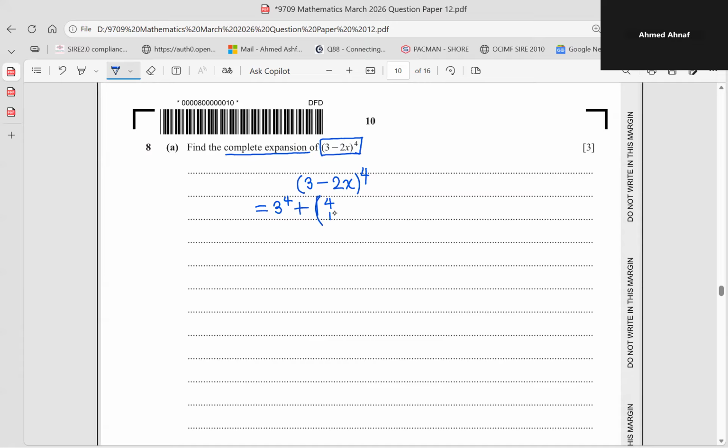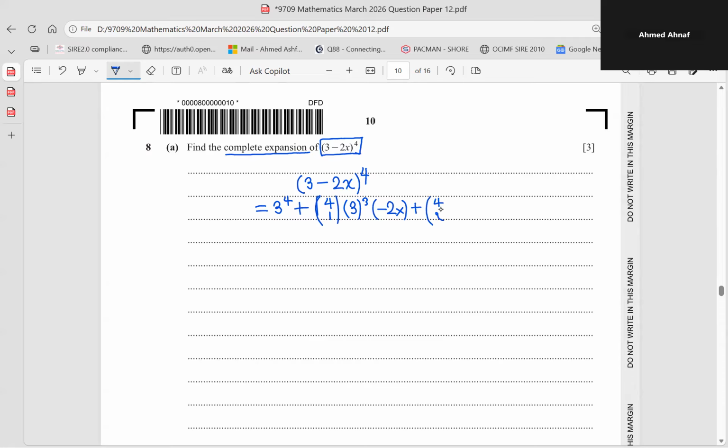Choose 1 times 3 to the power of 4 minus 1, 3, minus 2x, plus 4 choose 2. 4 choose 2 times 3